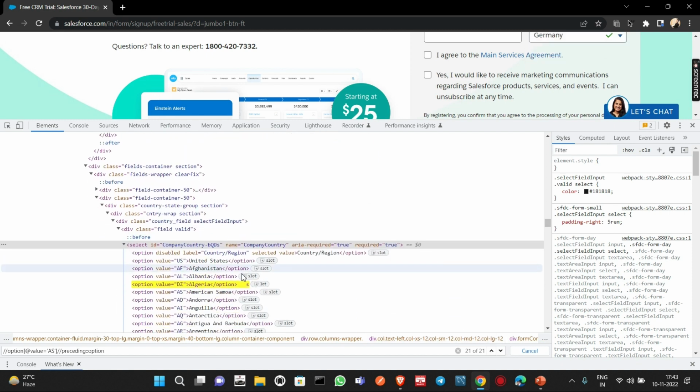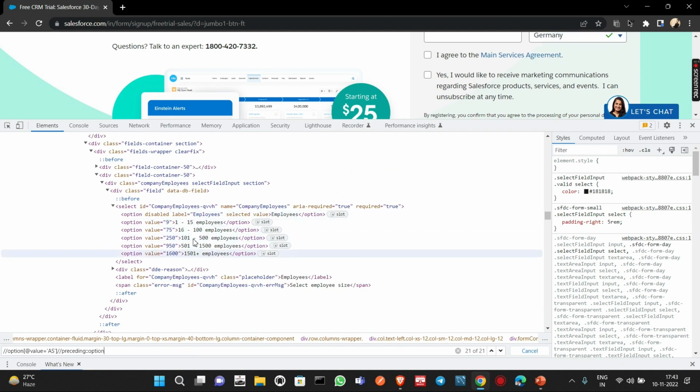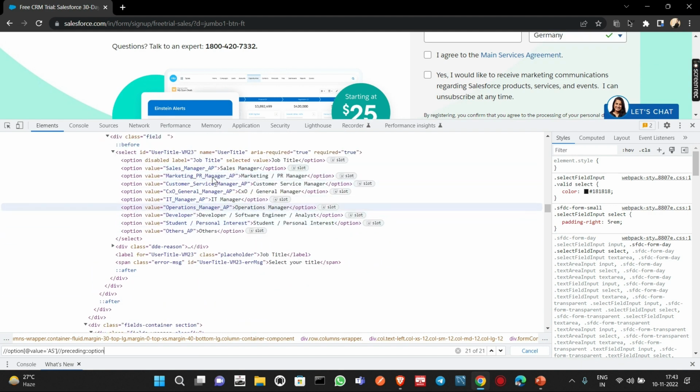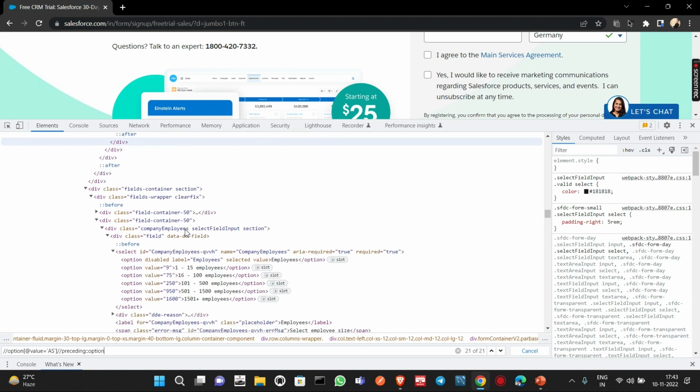So this was the AS tag which we selected. Okay, this was the AS tag, and preceding it are DZ, AL, AF, US, and above it are these particular option tags, and above it we have these particular option tags. So all of these are getting selected. Okay, so the preceding tag is similar to the following tag, which finds all the option tags over the